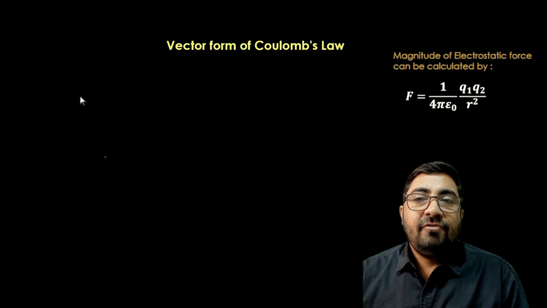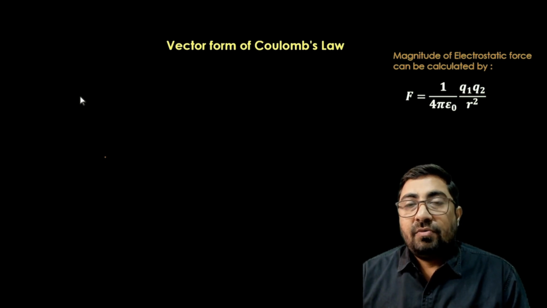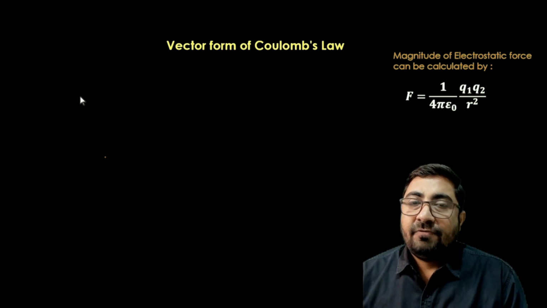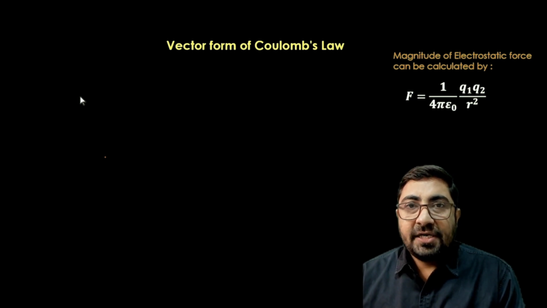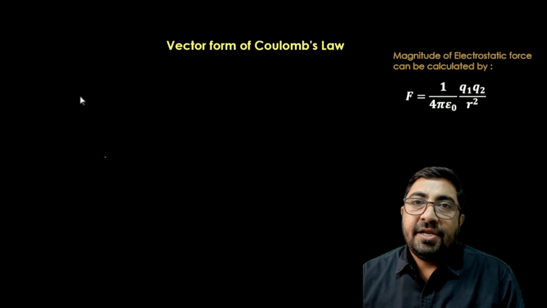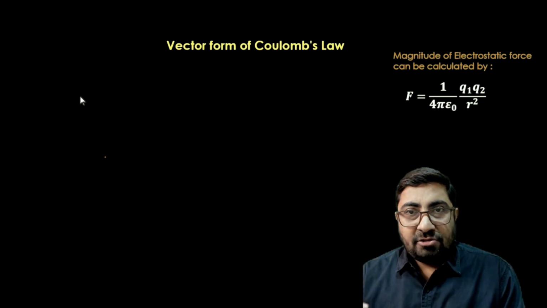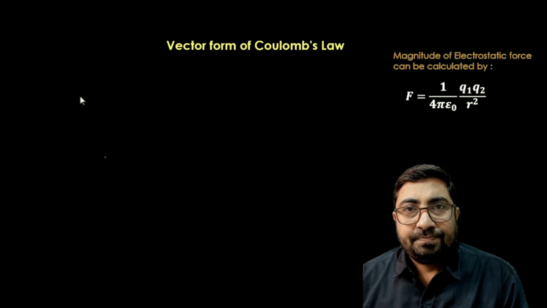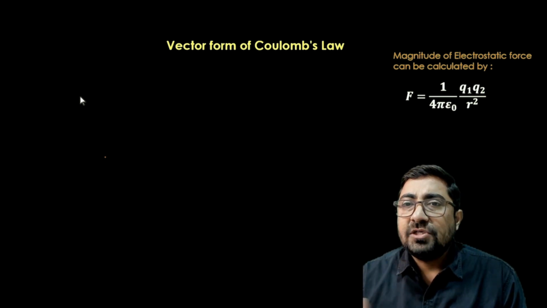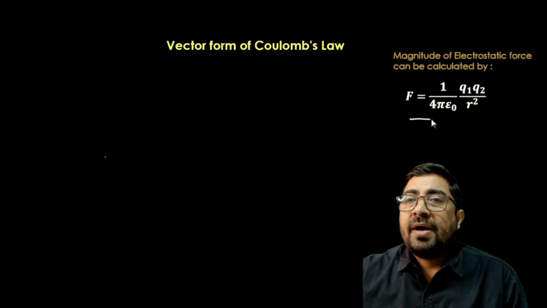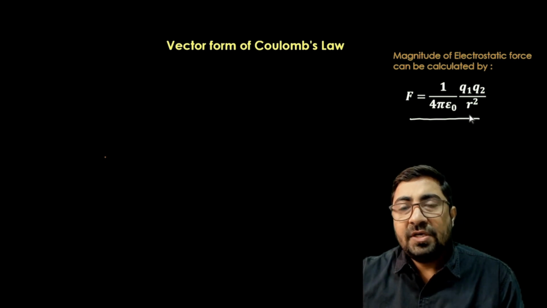Hello and welcome everyone. Today we will study the vector format of Coulomb's law. Earlier we have already studied how to calculate the magnitude of electrostatic force between two charges. The electrical force formula is F equals 1 upon 4 pi epsilon naught q1 q2 upon